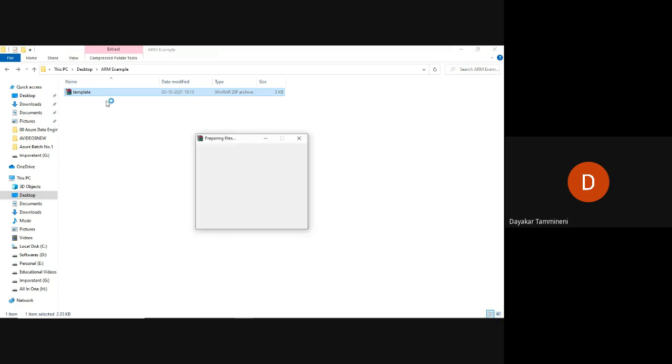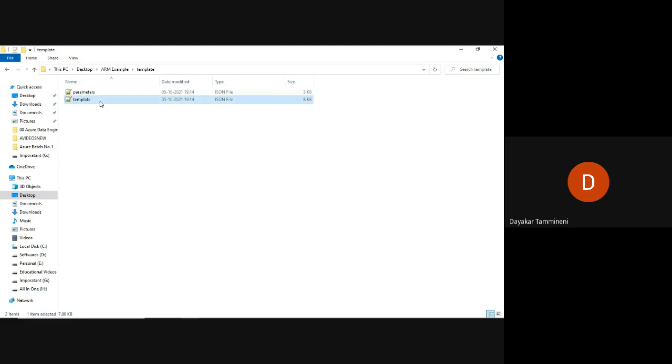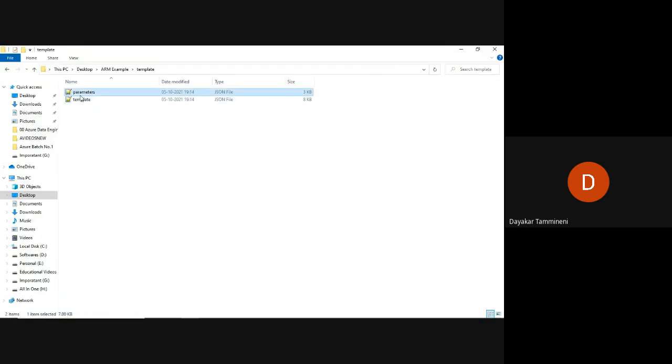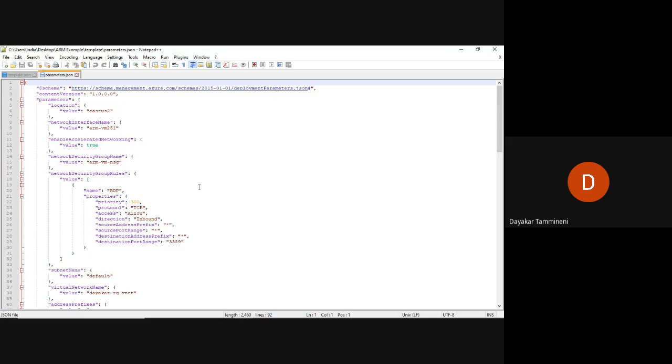For that purpose, what values did I change? As far as the template.json is concerned, I have not changed any values. As far as the parameters.json is concerned, I have changed two values. What are the two values I have changed?